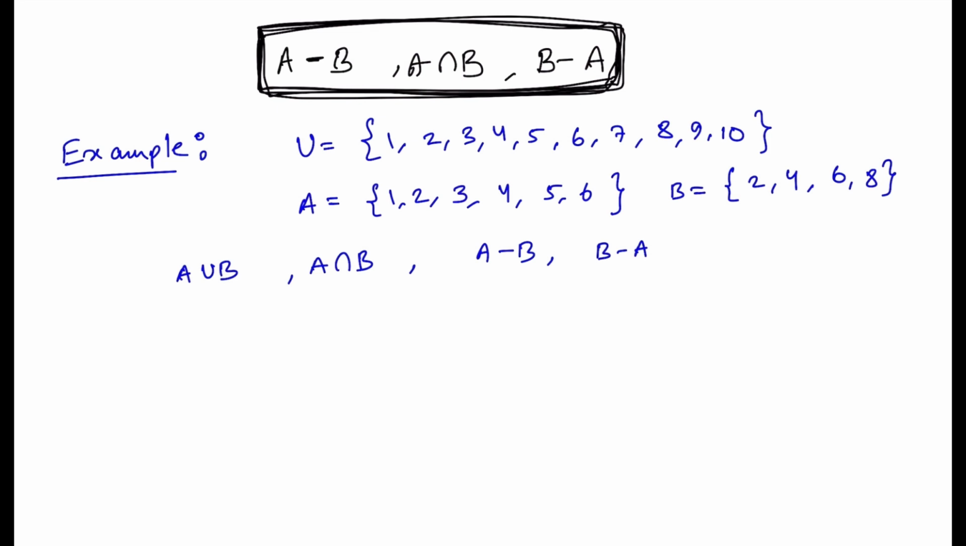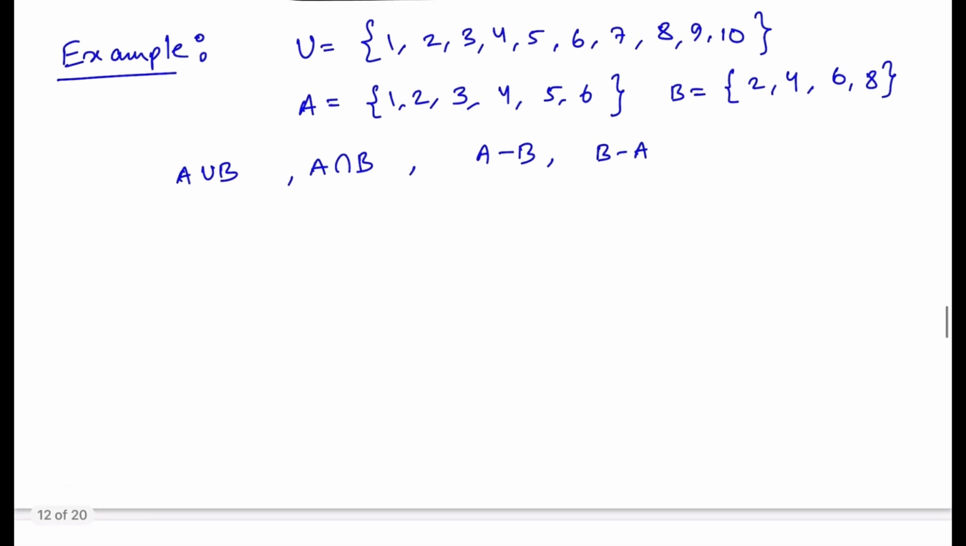So first, in this example, what is given is the universal set. Then set A and set B are given, and we have to find all of this. So first we have to find A union B. What is A union B? A union B is the set